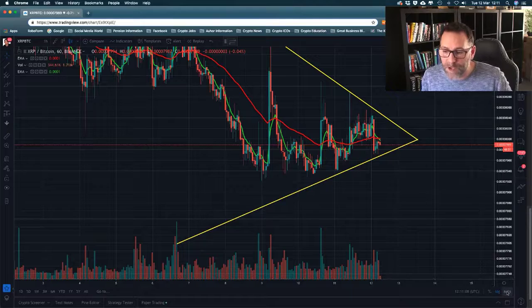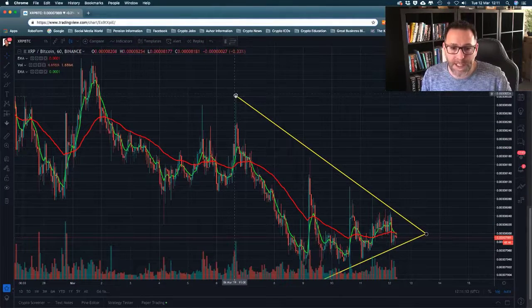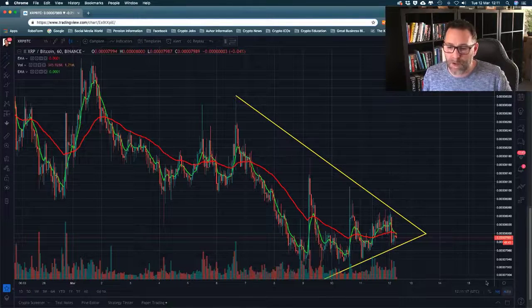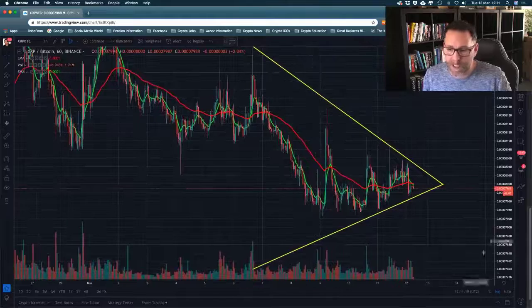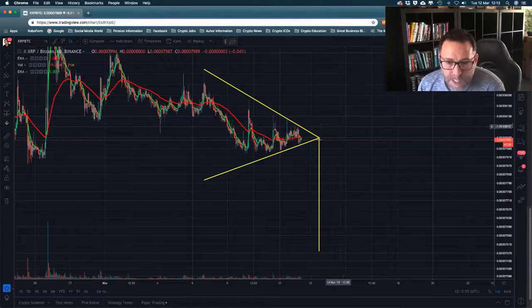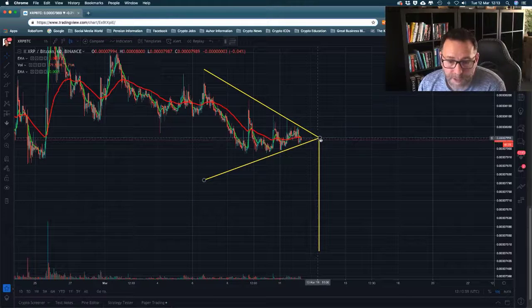Now, generally we can measure from the tip of the sloping line to the upward swing. We can measure that, and we'll just go smaller. So if this goes up to the apex, around about the 13th of March, tomorrow or Thursday, and you think this might break down, or you're hoping it breaks up,